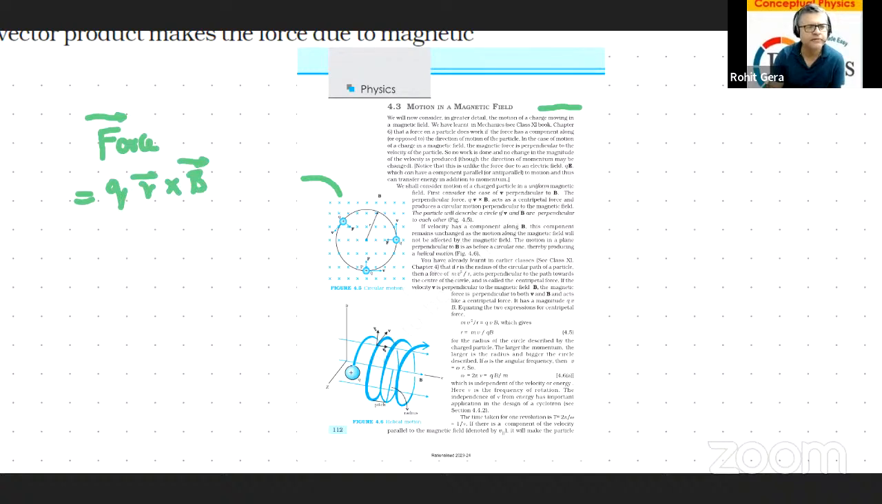If you draw a diagram, this is what you find, that they exist as a triad, which means if you have a V here and a B here, and you do V cross B, for example, on a positive charge, the force is perpendicular to